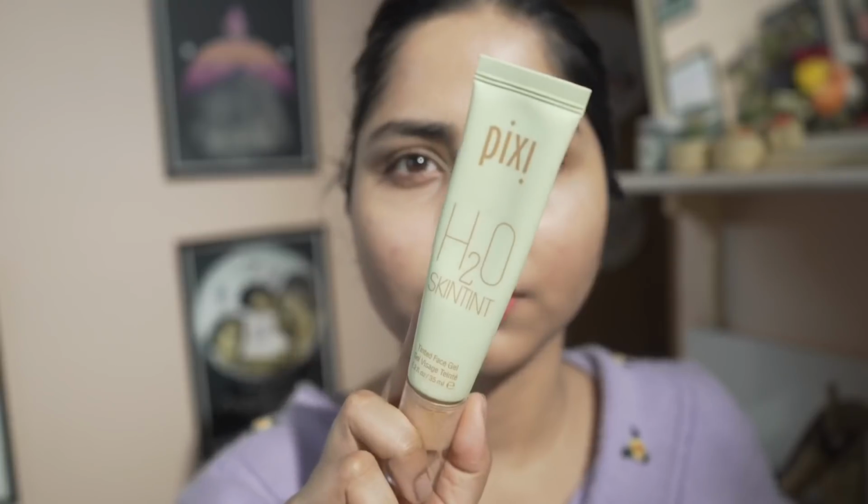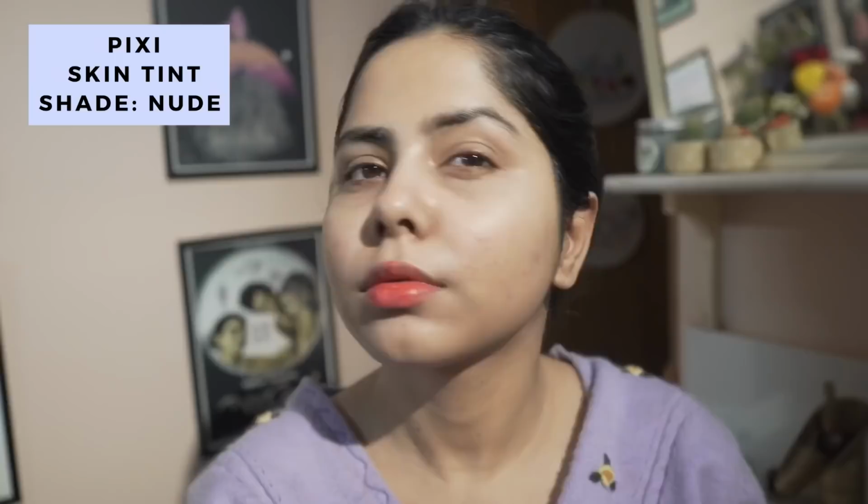So I'm gonna put some makeup on because I feel like a mess and makeup makes me feel better sometimes. Okay, I'm in love with this Pixie skin tint. It works so well for my skin. It gives this very natural finish. It gives no cakiness, but if you have dark spots, pigmentation, it won't be able to cover